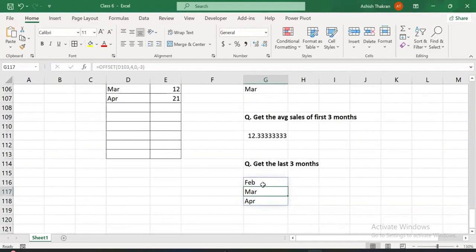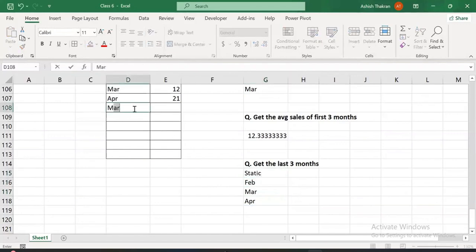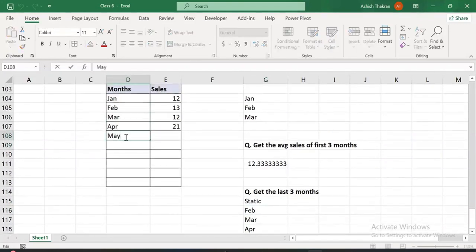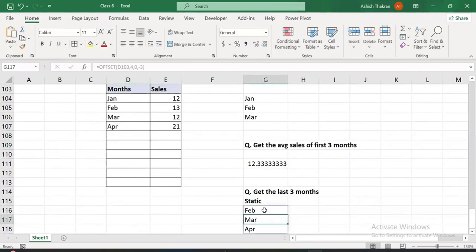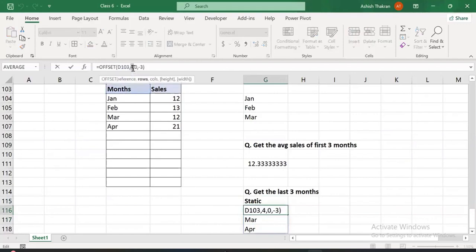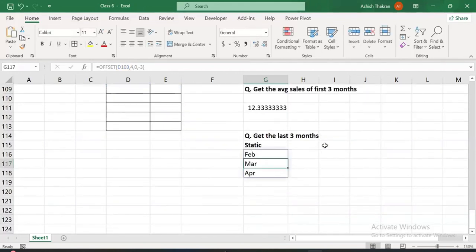But is it dynamic? No, it's static. How is it static? If I add May, it is still the same. It should give me May, April, and March. So how can I make it dynamic? I can make it dynamic if this number 4, which is the row number, changes dynamically. How? Now, which function counts the text values and does not count the blanks? COUNTA. So if I use COUNTA over here,